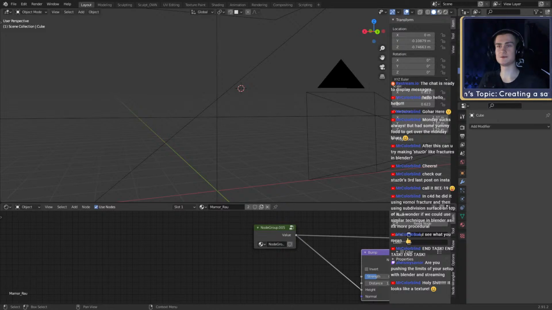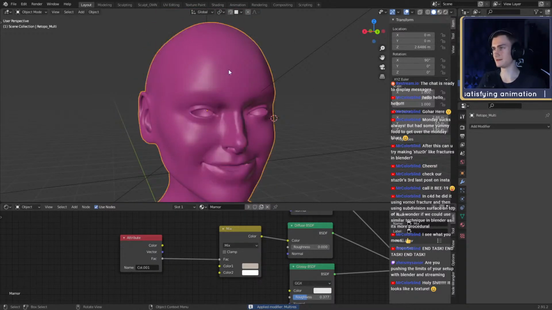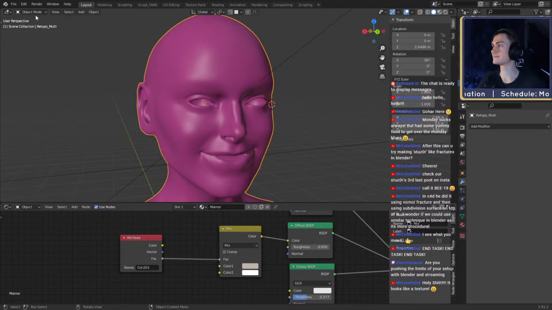Okay, so we wanted to fracture this. Let's apply the multi-res first. So we have this low poly version, perfect. And then let's draw in again using annotations. Where are my annotations? Right there. Put that to, where are the settings? My settings are gone.